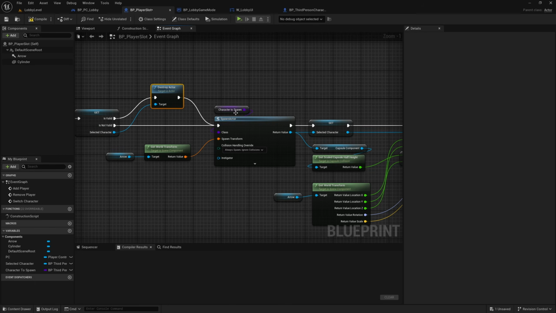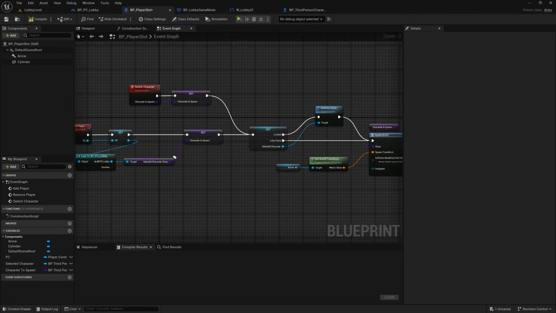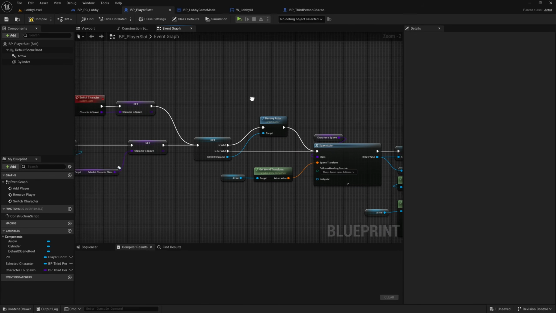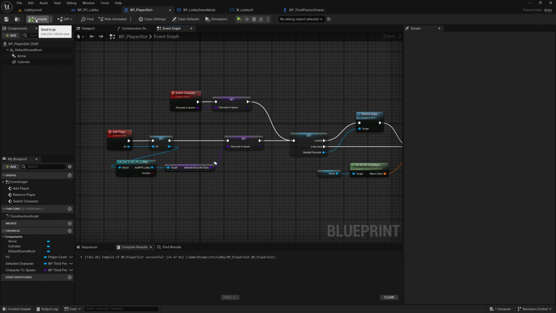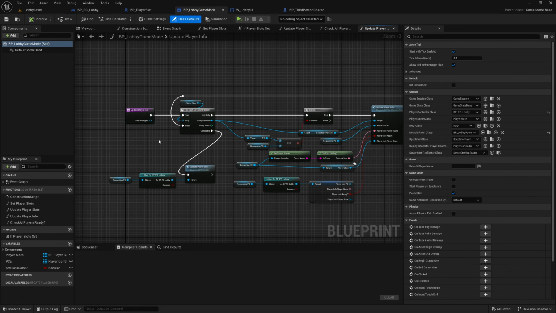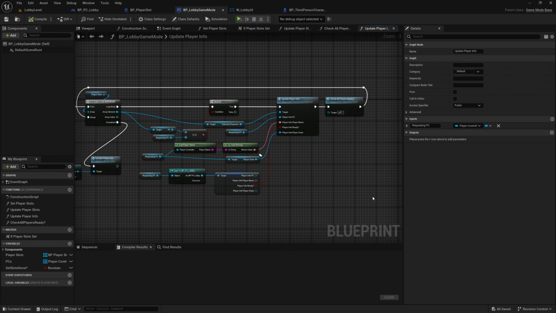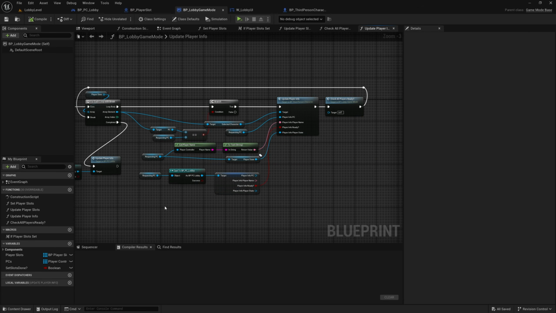And if there isn't, then we'll just spawn the new character and then set their transform here. Nice. That's all we need to do in the player slot. We can compile and save that and then head to the game mode. And like I said, we are going to alter this update player info function and build on this to also